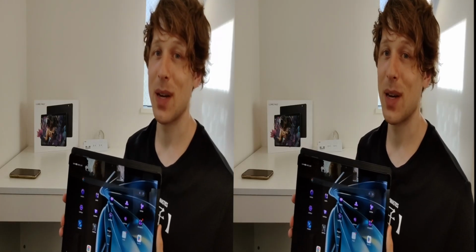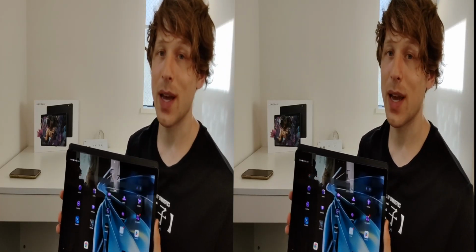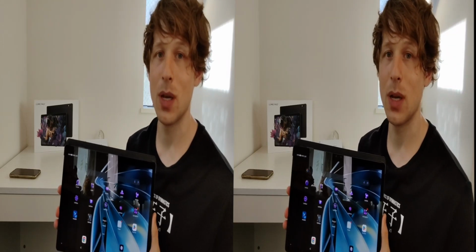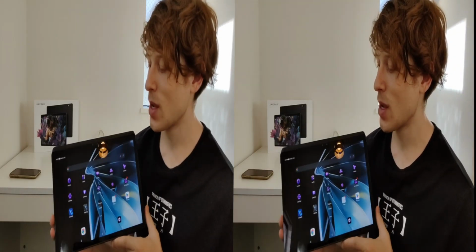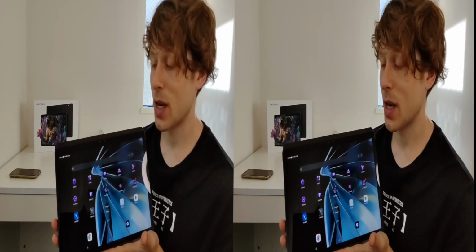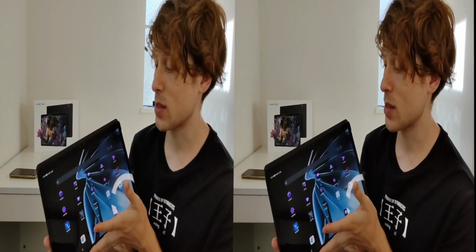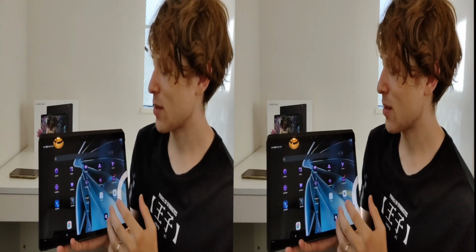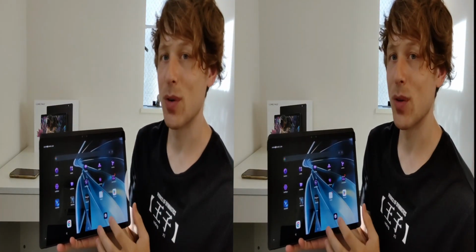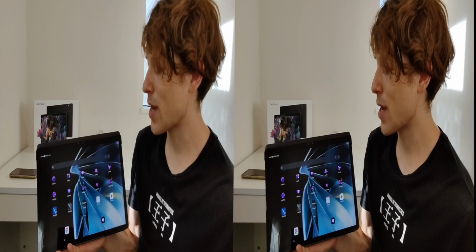Welcome back to the next in my series of reviews for the 3D app ecosystem on the NubiaPad 3D and the LumePad 2. I'm holding the NubiaPad 3D in my hands right now. This is a 3D tablet that displays 3D and requires no 3D glasses to view. In today's review, we're going to be taking a look at LeiaViewer, which is the 3D model viewing app on